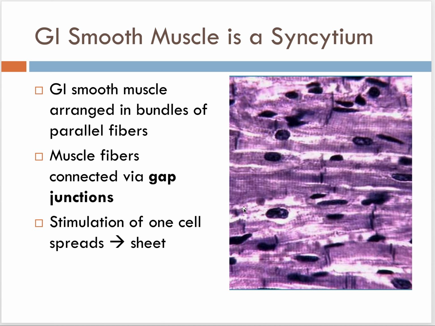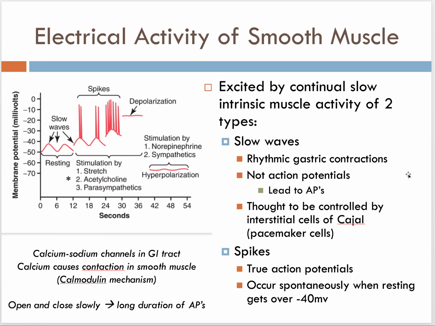So the stimulation of one of these cells will spread across so that the tissue acts as a sheet. We call that syncytial muscle, and a singular sheet is a syncytium. So smooth muscle works as a syncytial tissue. That smooth muscle in the area, as I mentioned before, has the normal tonic activity, so the normal tone